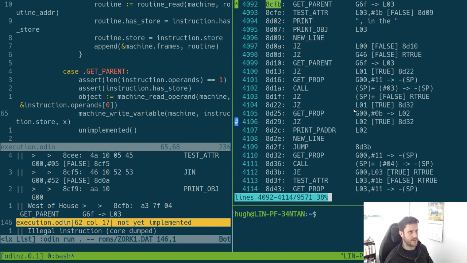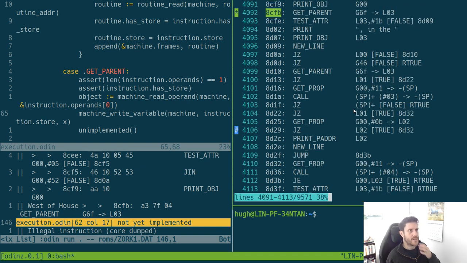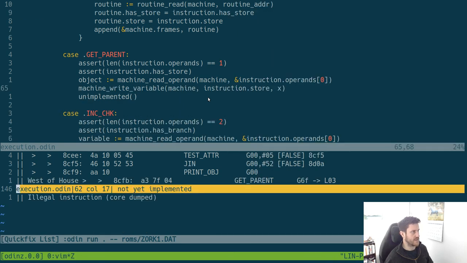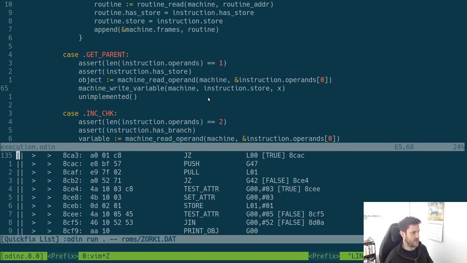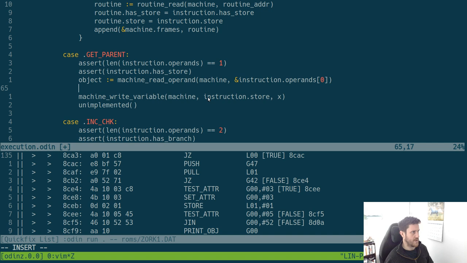That's because it's up. So we get the parent, we store in L03, and then we test it. Yeah, so we're just getting the ID of the object. Makes sense to me. So I guess what we can do is make that method